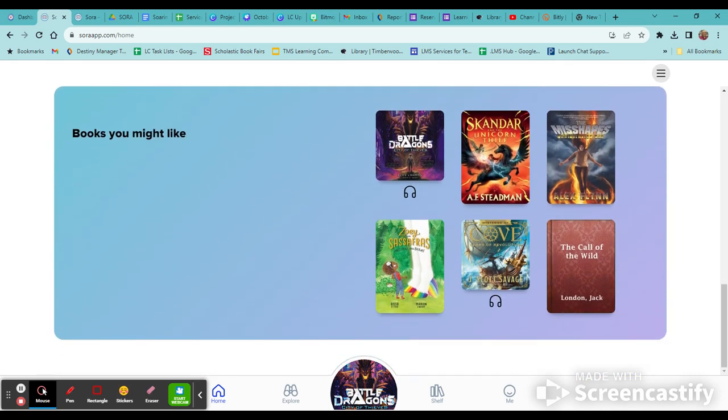Now, you notice that some books have headphones attached to them. And that means those are audiobooks. So if I want books that I can listen to rather than read, then that's what I want to look for. I want to look for the little